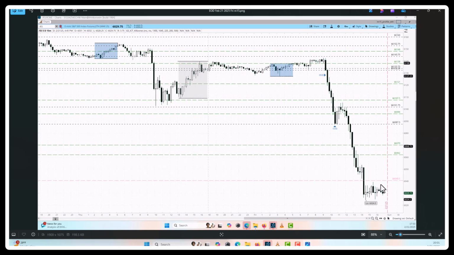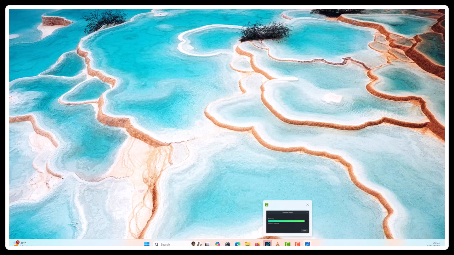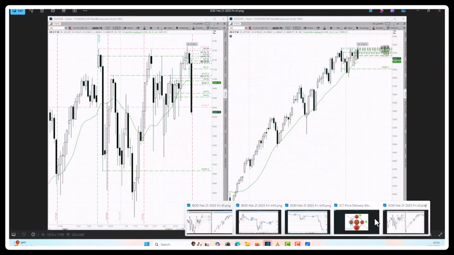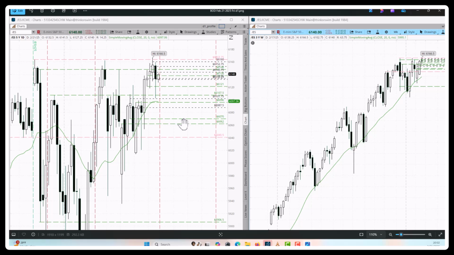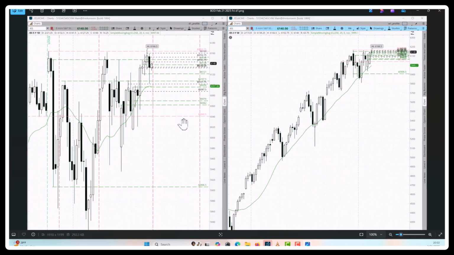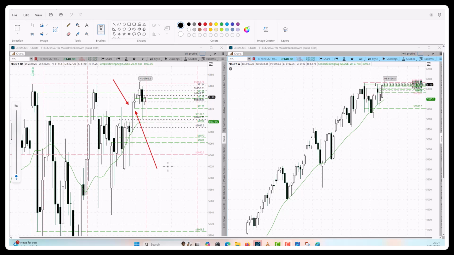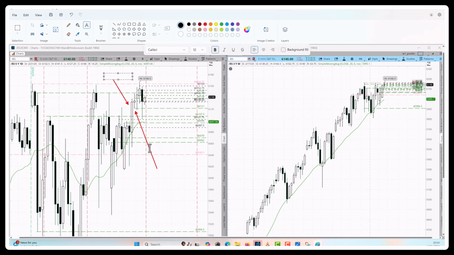Alright, so let's do a little bit of a deep dive. Okay, so right here, what do we see? Alright, here's what we have. The first move we have is an expansion move, right? After an expansion move, you always have the next one, which is a